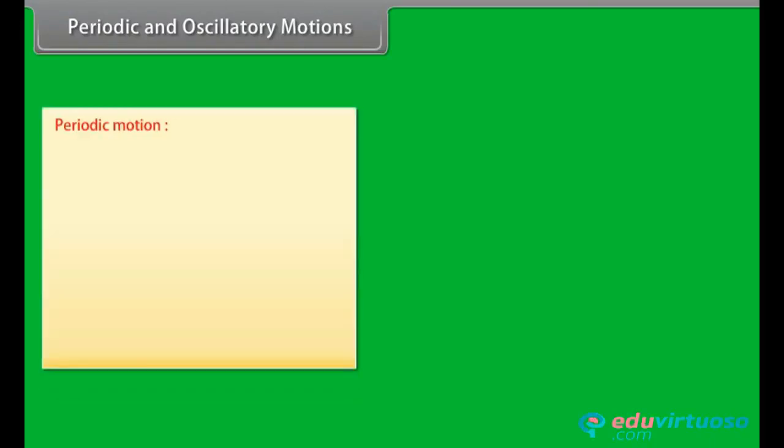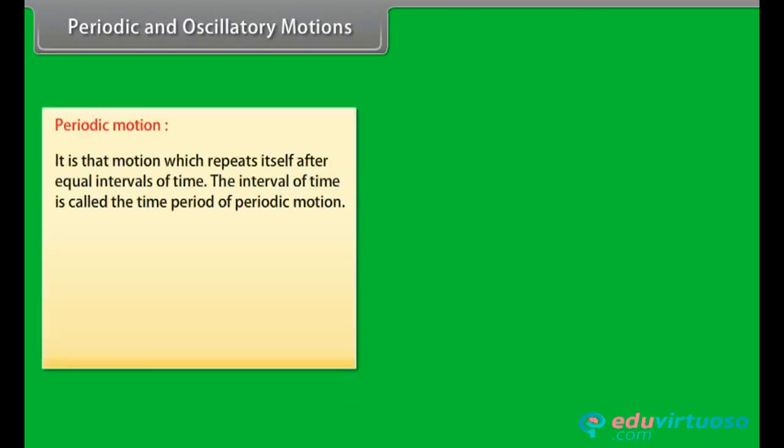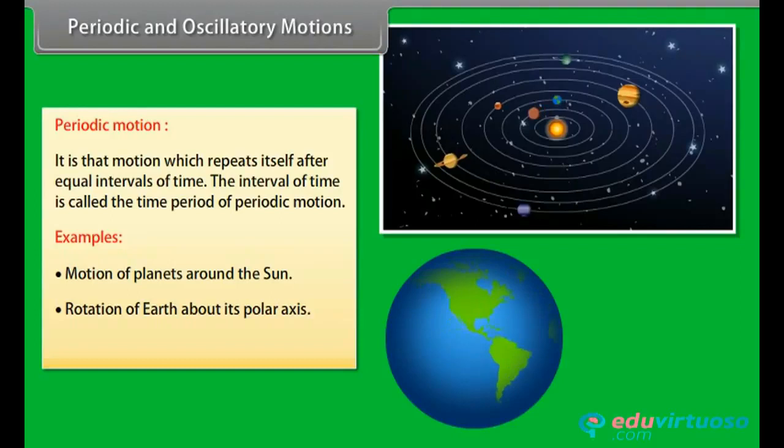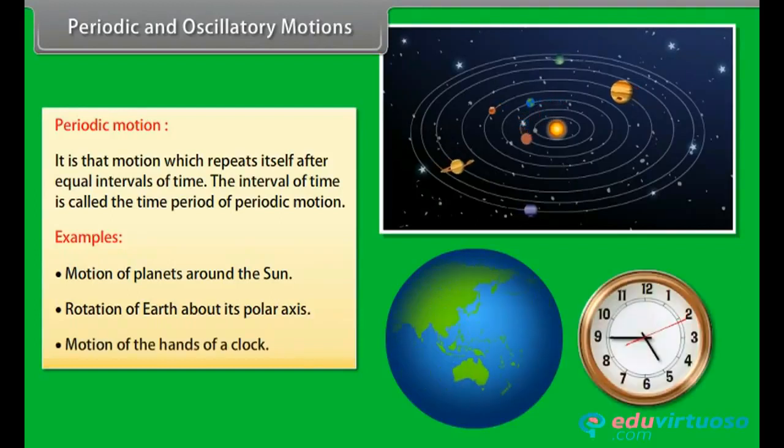Periodic and oscillatory motions. Periodic motion is that motion which repeats itself after equal intervals of time. The interval of time is called the time period of periodic motion. Some examples are motions of planets around the Sun, rotation of Earth about its polar axis, motion of the hands